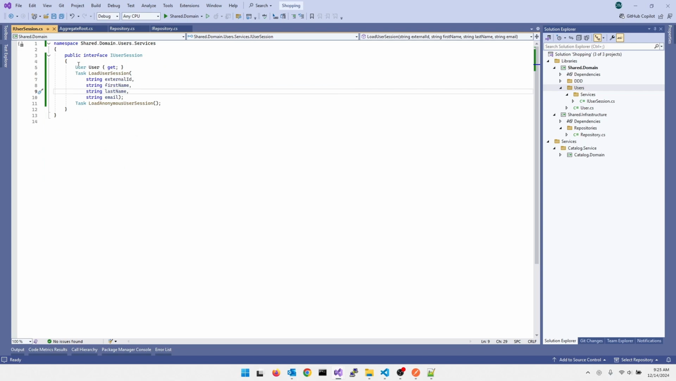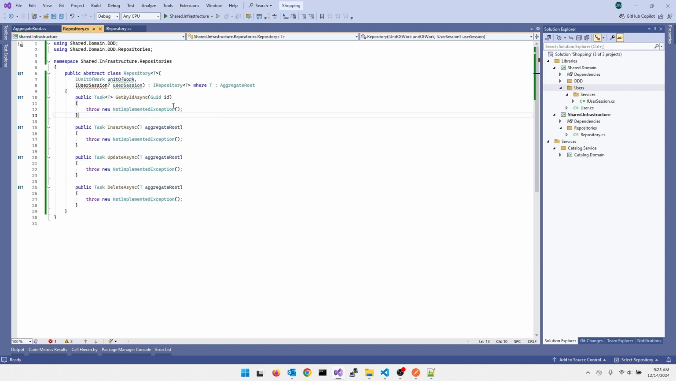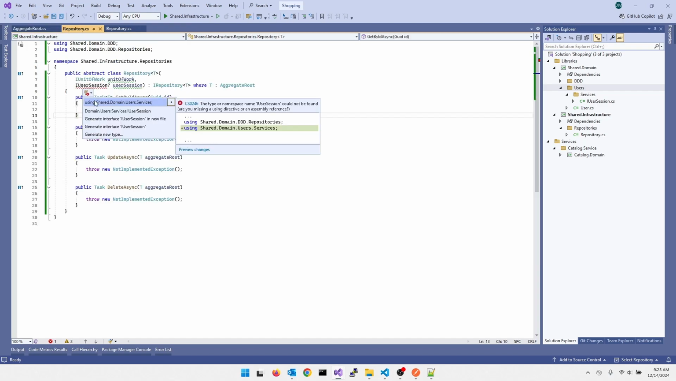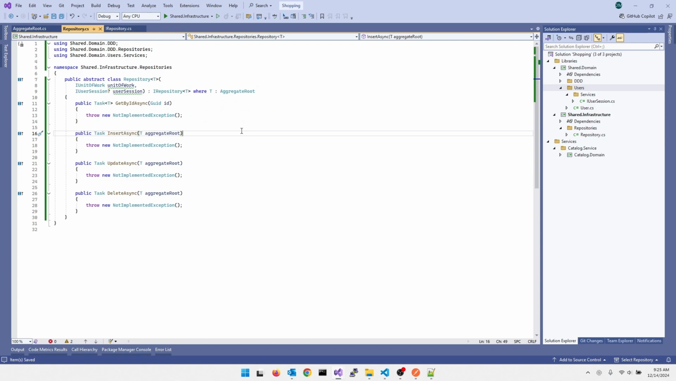So now we can see that we no longer have our squiggly here. So we have our IUserSession interface, which is going to give us access to whoever the user is that's making the actual call. So we come back here, we add in that, and we've got the two dependency injected things that we need to implement our base repository class now. So